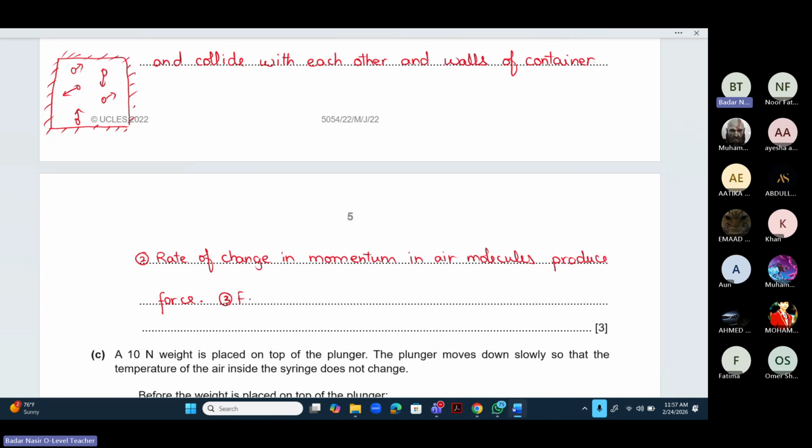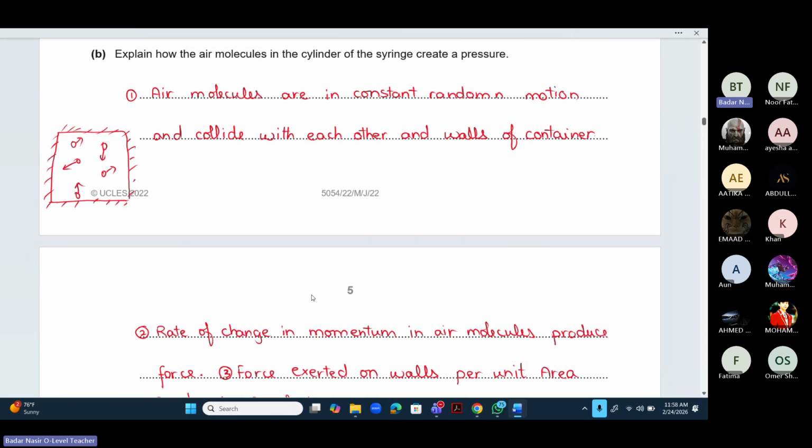So force exerted on walls per unit area produces pressure, ठीक है।